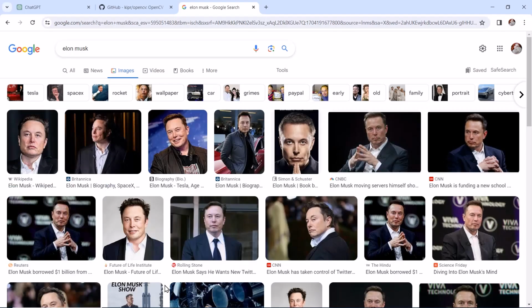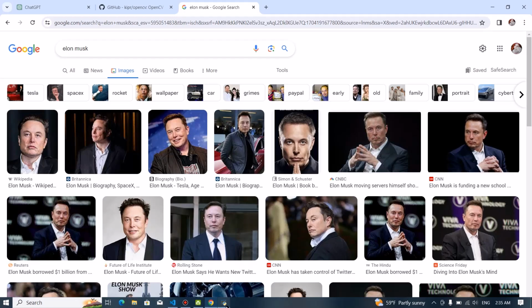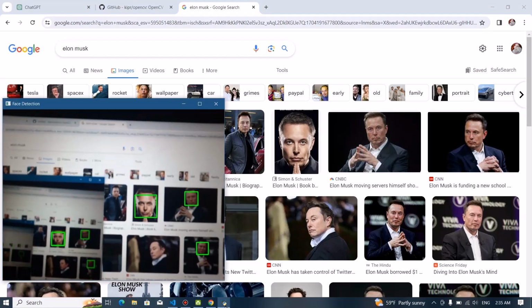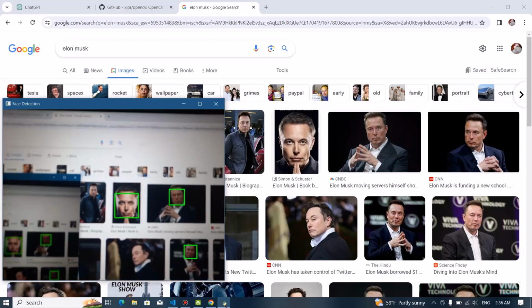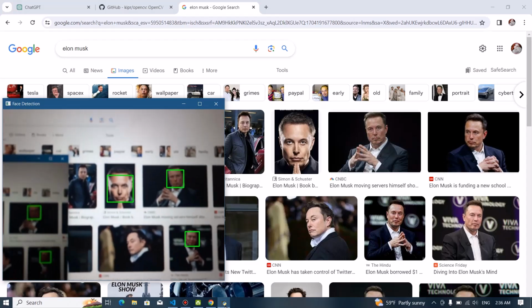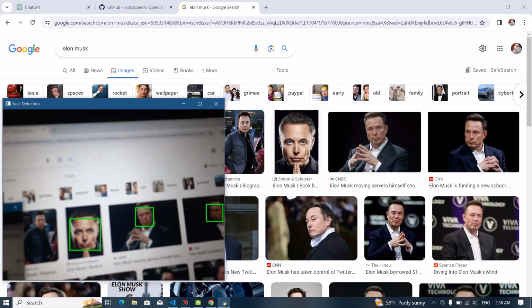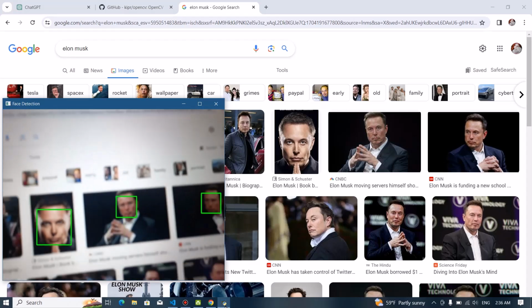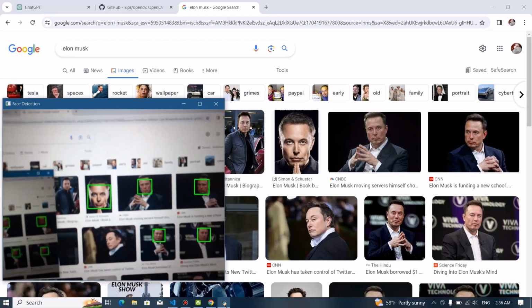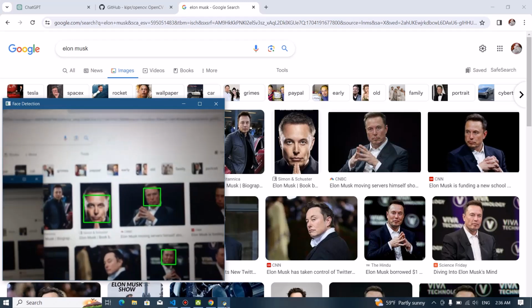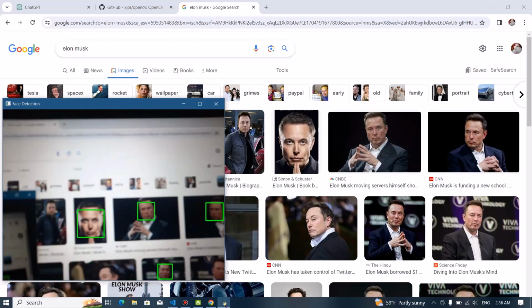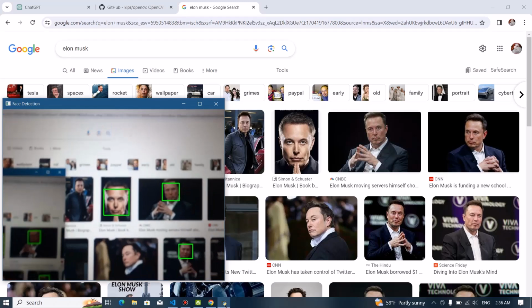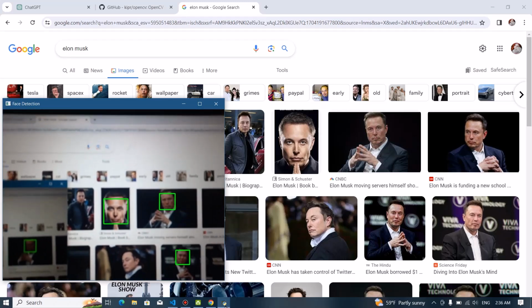Now if I switch to another window, you see it is detecting even the very small images, and it's detecting the faces. This is how live face detection works. Now if I press Q,